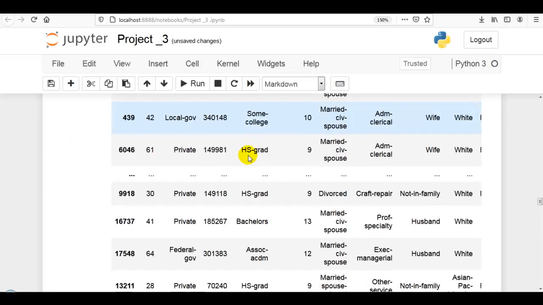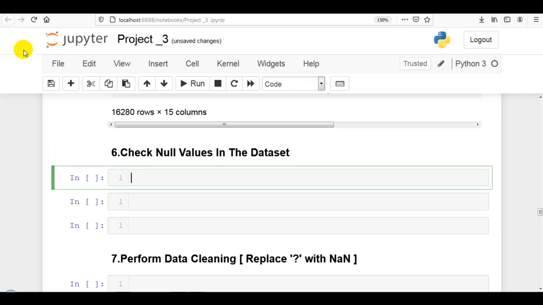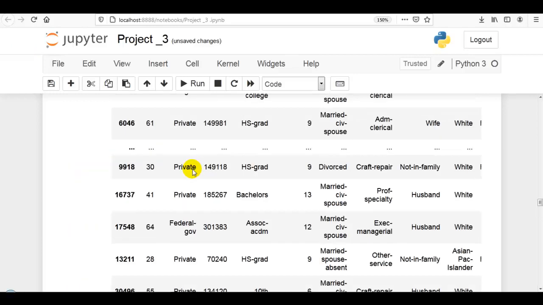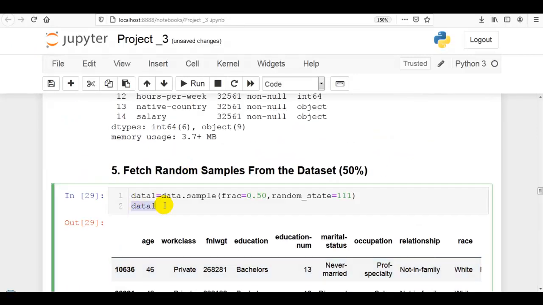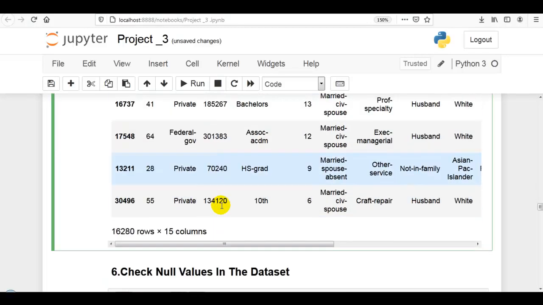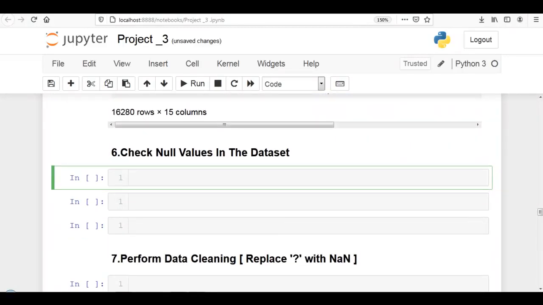So now next question. We have to check null values in the data set. So I am going to use our original data set, not this one, data1, that we have created from random samples. So let me use our original data set. So data, for that we have to use the isnull method of the pandas data frame.